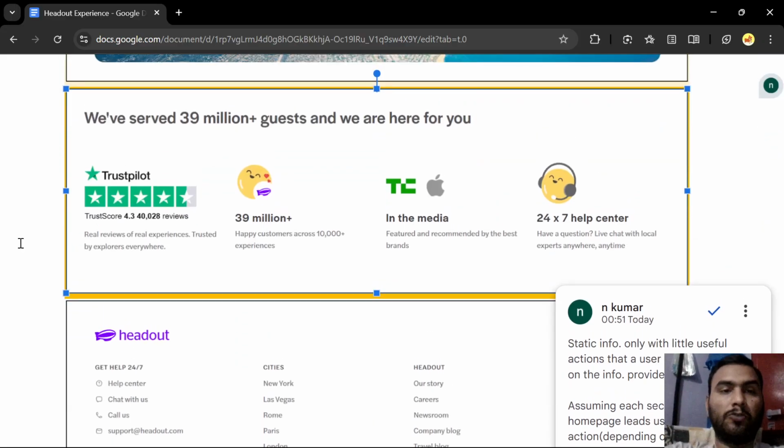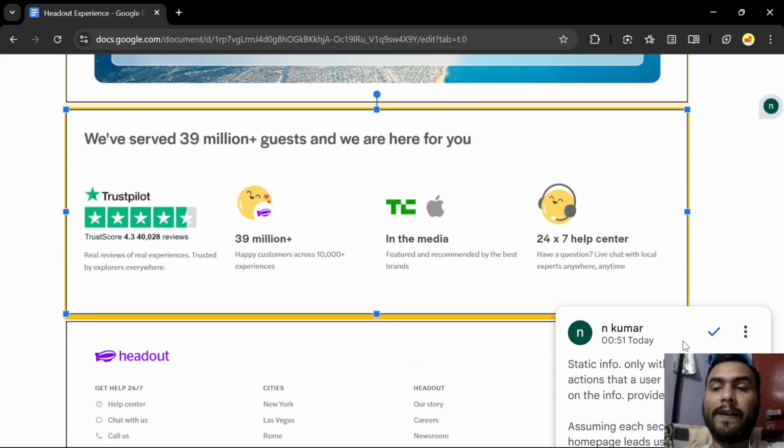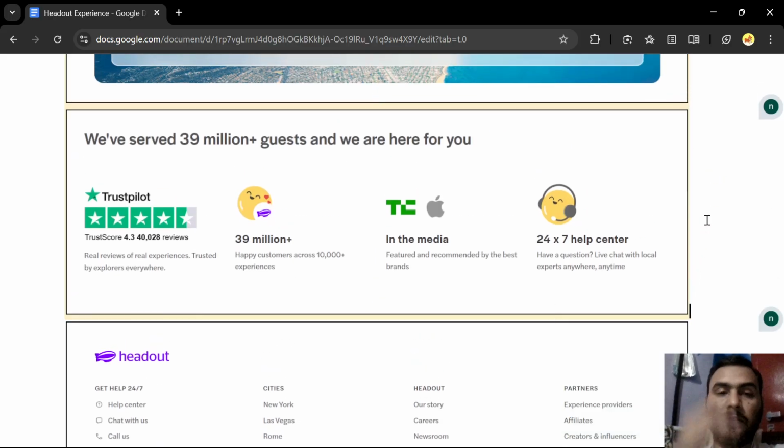And also coming to this guest part, this is user-centric public feedback where it describes the number of people we have served, and it directly builds confidence in the user that they can trust a platform that is trusted by other users, and the number of years or experiences that they provide. But what I find in this is that it is quite a static element.